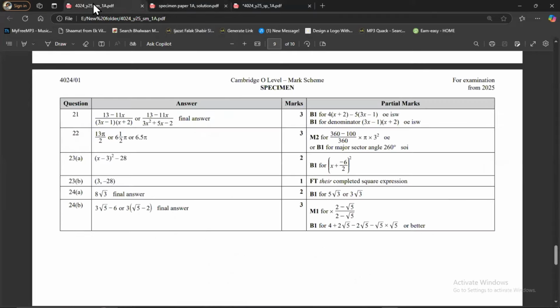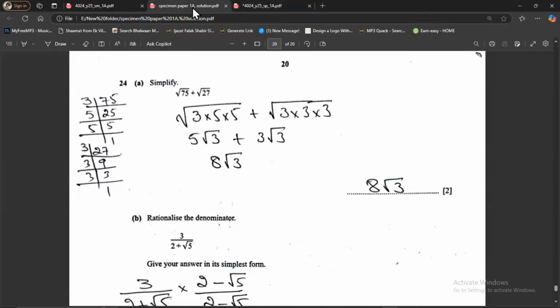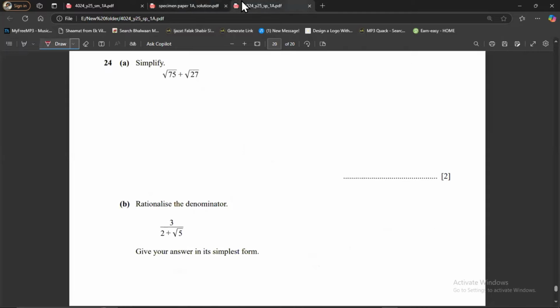8 under root 3. This is the brand new concept which has been added, and that will be tested from the May-June 2025 exam. We call this concept Surds. Ask your teachers to give you more and more practice on the Surds, because this is the brand new concept added into the Cambridge O-level mathematics D syllabus. Okay, then they say